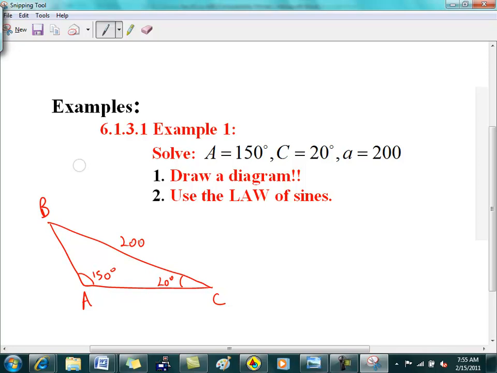Determine which case this is. Okay, this is the AAS case. Is that the pain in the ASS case? No, it's not, right? The pain in the ASS case is the SSA case. Okay? So this